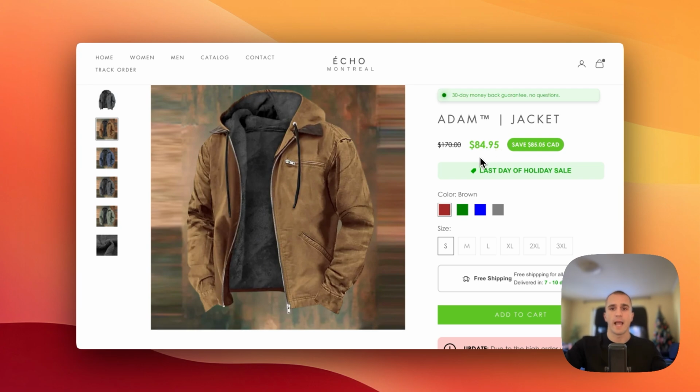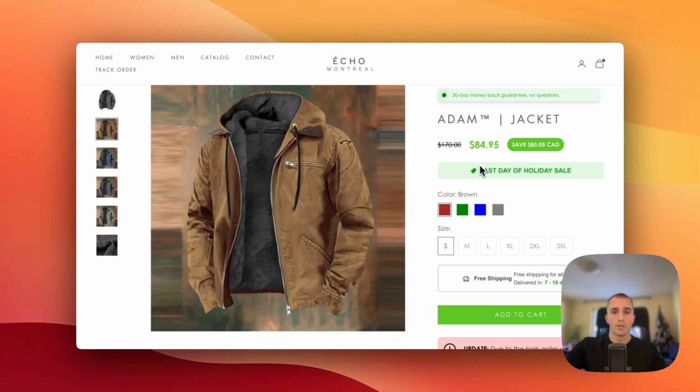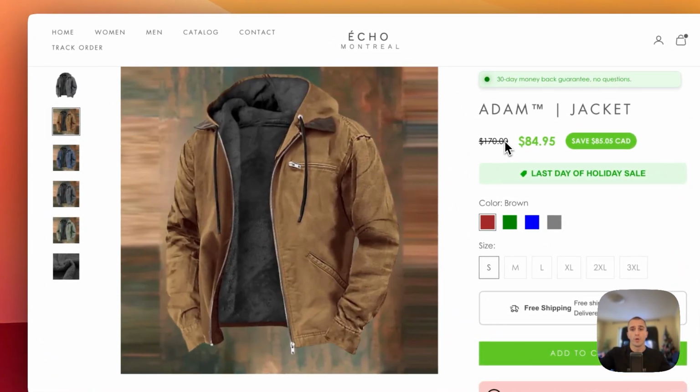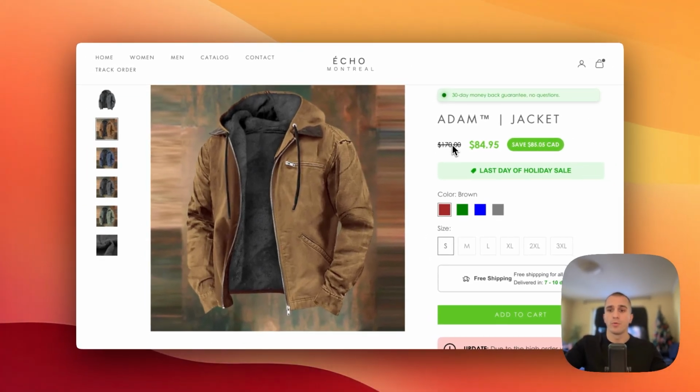So the first thing that I would definitely do to improve the conversion rate here is regarding the images. When you're selling apparel, you cannot get away with just images like that. You need images of people wearing your products, because people buy apparel to feel a certain way. They don't buy apparel just because of the apparel. They buy the apparel to get perhaps a confident feeling, or to get validated, or for dating. So if you're selling apparel, you must have images of people wearing your apparel feeling the way that your customers want to feel.